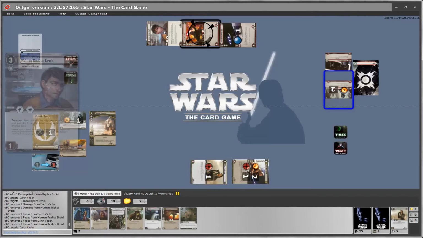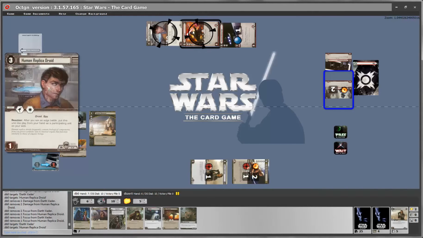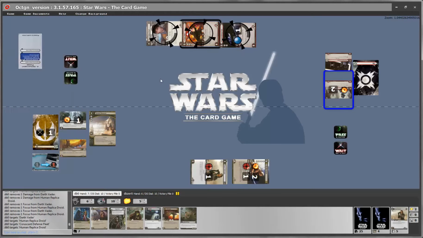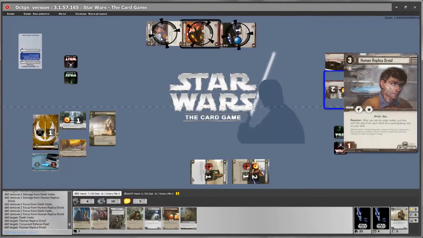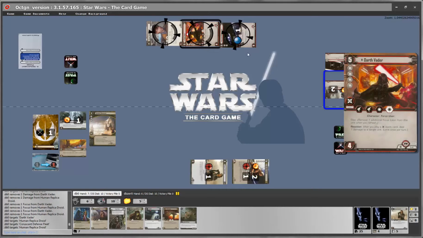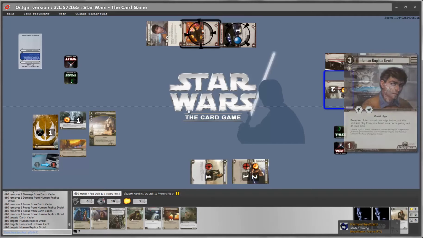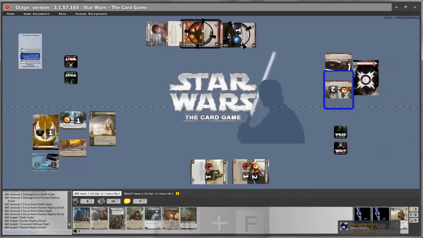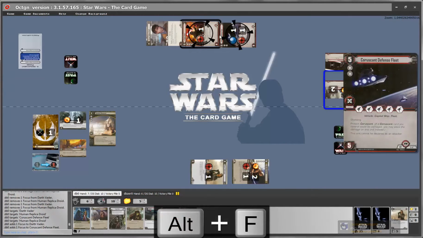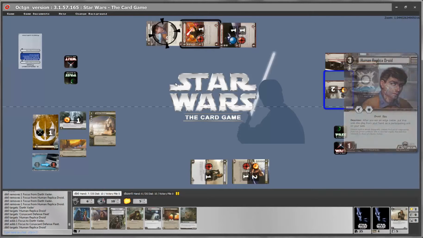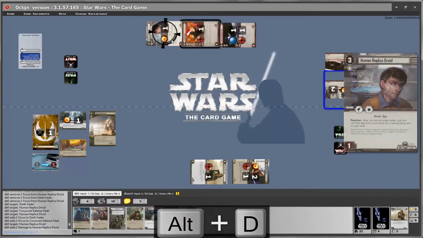And let's say instead you wanted to put 1 focus on Vader and Coruscant Defense Fleet, and then 1 damage on the human replica droid. If you targeted all and tried to put the focus token, everybody would get a focus token. So what we do, we first put the focus tokens, and both of them get one together. Every targeted card will get a token, and then we untarget these and we put the damage token.